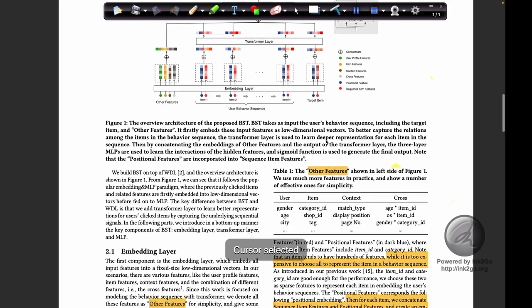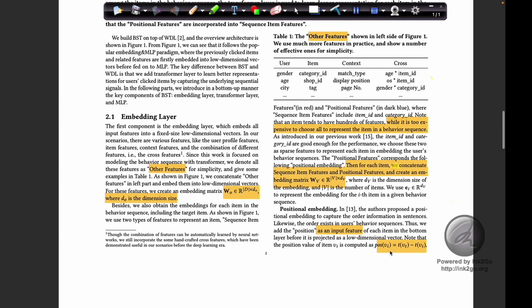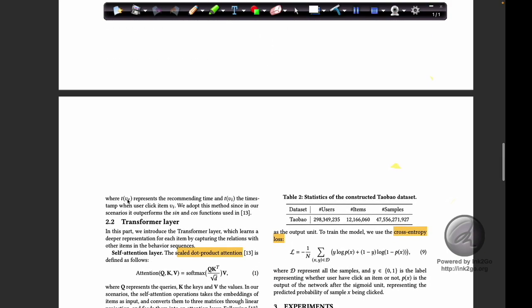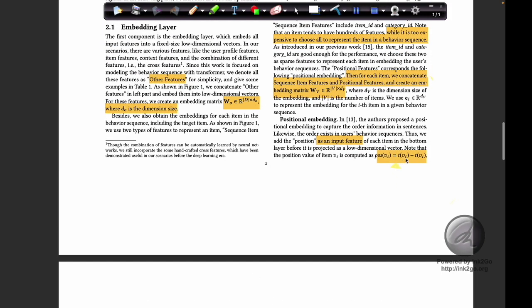Now moving further, this is a positional encoding vector, and TVT represents the recommending time, and VI represents the time stamp.